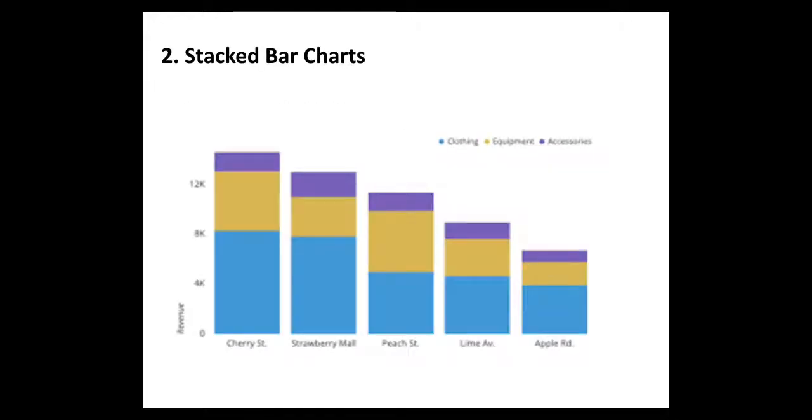Then the second one, stacked bar charts. See, these are another type of bar chart, a great choice for the researcher if he wants to convey the size of a group relative to the other groups. Within one graph we might see different types of groups, and it also illustrates the parts that make up the whole group. When you observe these bars, you might see 3 different colors in one particular graph.